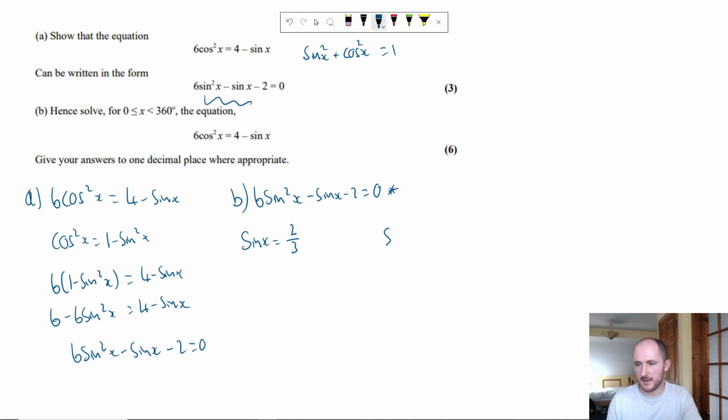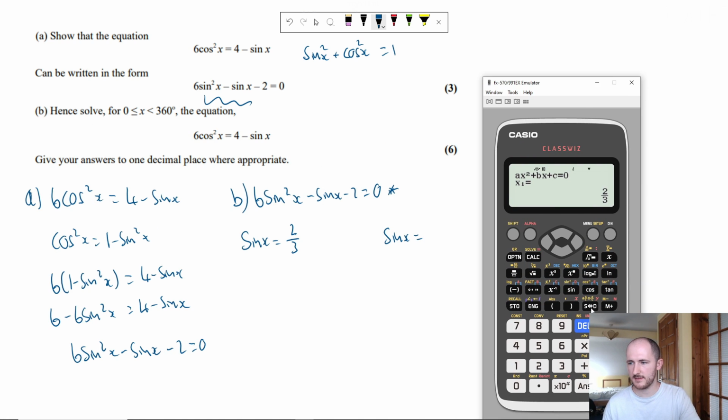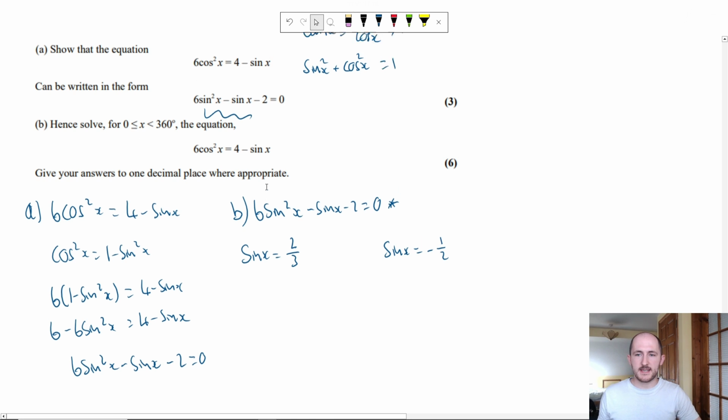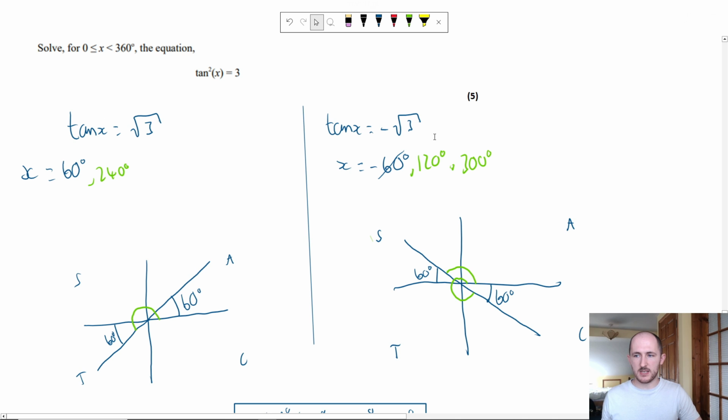And we also have sine x equals something else. -1/2. We're getting a load of marks already. This is 2 marks already. I haven't really done anything yet. Now what do we need to do? Well, it's the exact same as our previous question. We need to do 2 separate